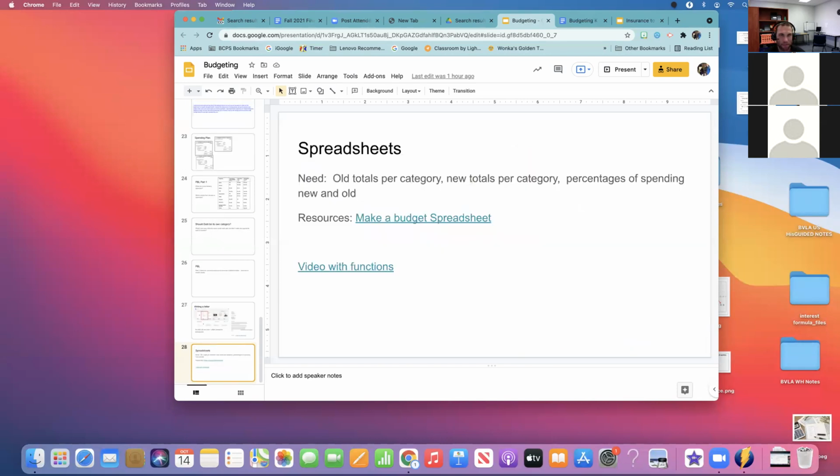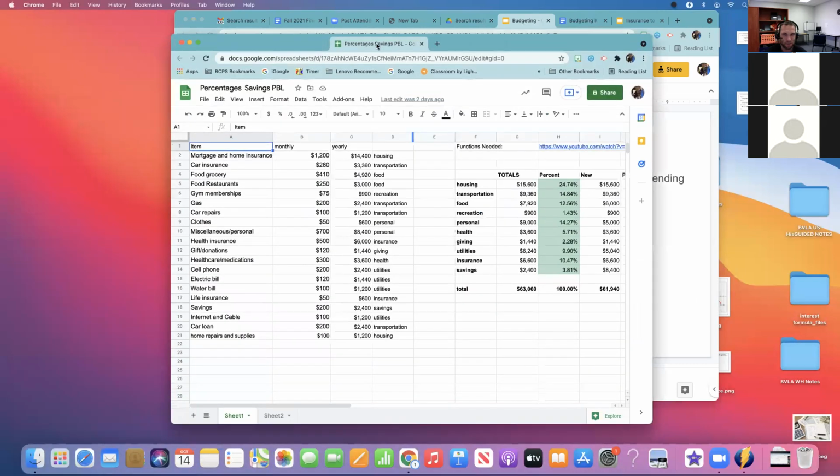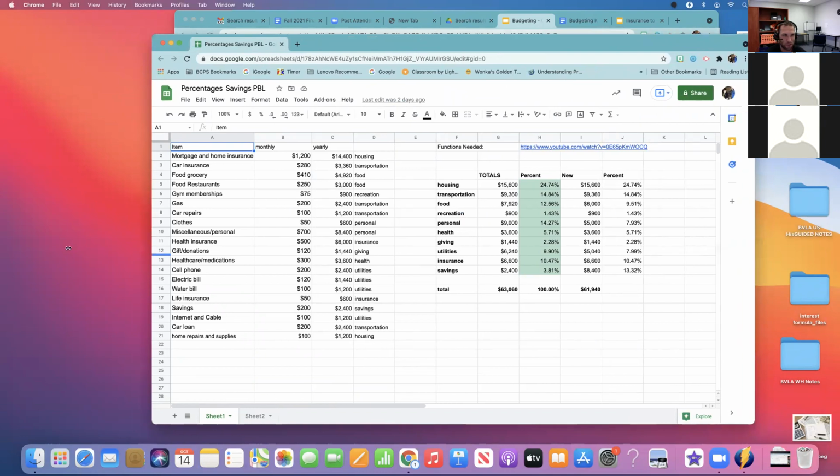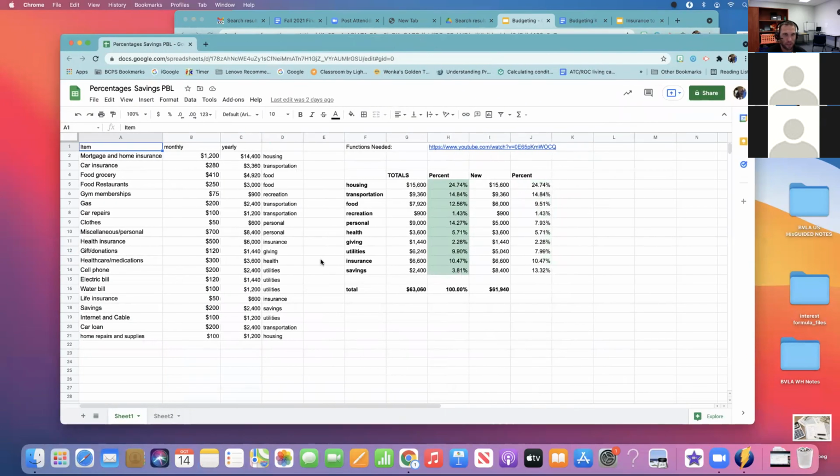And then the spreadsheet, I was really happy everybody used a spreadsheet. Some people used the formulas and some people did not. And I was really hoping you guys would take on to the formulas, okay? Now, this was mine, okay?